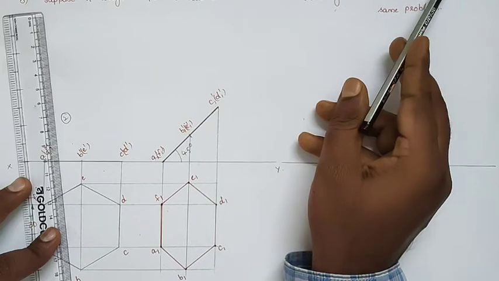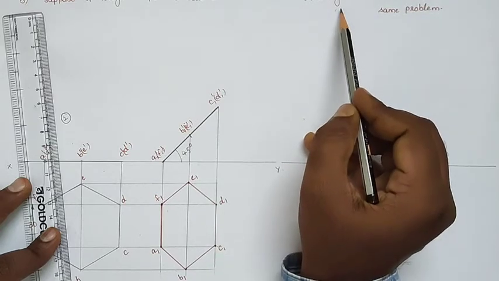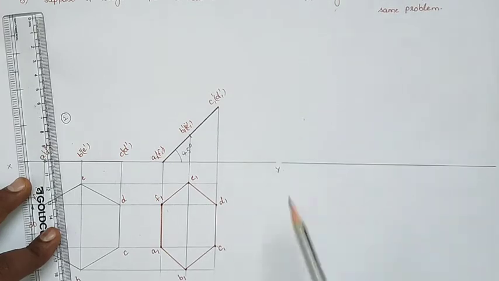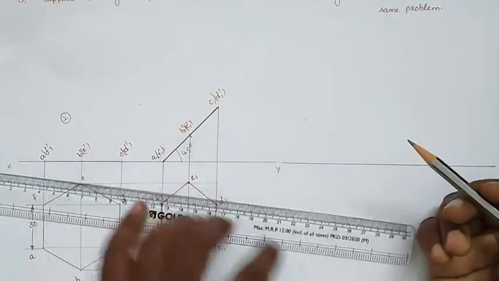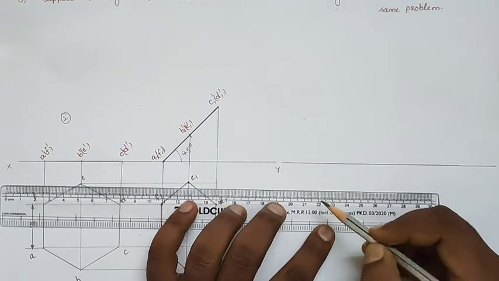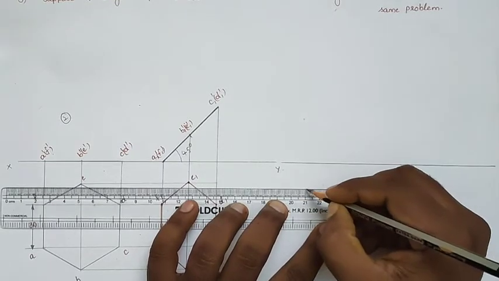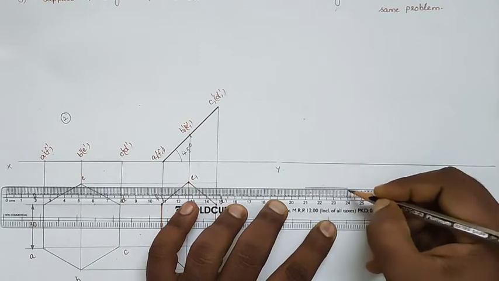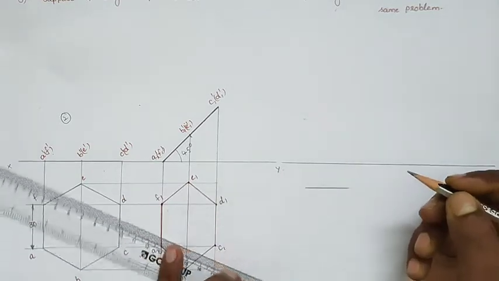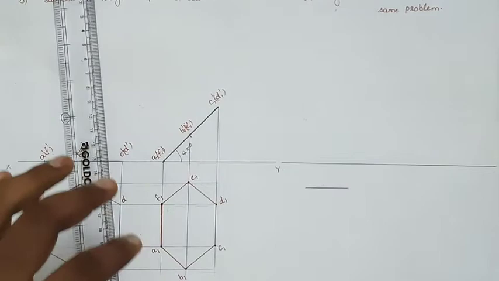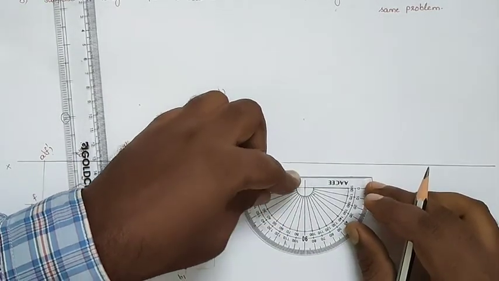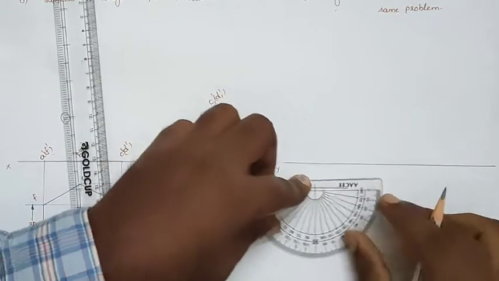When a plane surface is inclined to the HP, in the first stage we assume the plane surface is parallel to the HP, and we draw the first top view. The shape of the top view can be drawn like that with side 30. First of all we will draw this shape with an angle of 60 degrees. By making an angle of 60 degrees we will construct the hexagon.